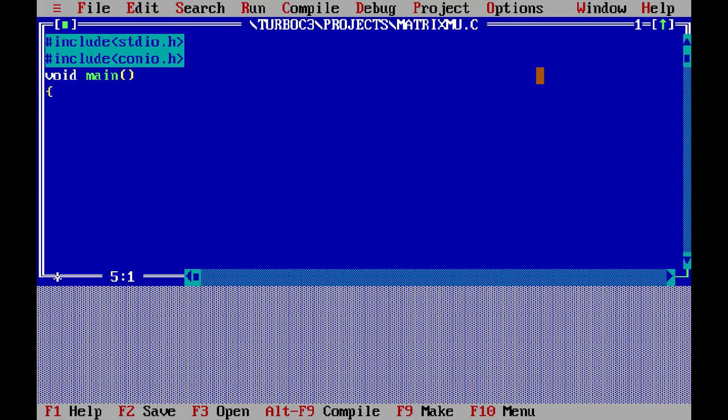Okay, so you have to consider these points. Next we have to declare six more variables for getting the row and column values of the matrices, and three more variables used in the loop statements. So we'll do them one by one. Moreover, here we are going to use integer values for the multiplication process.